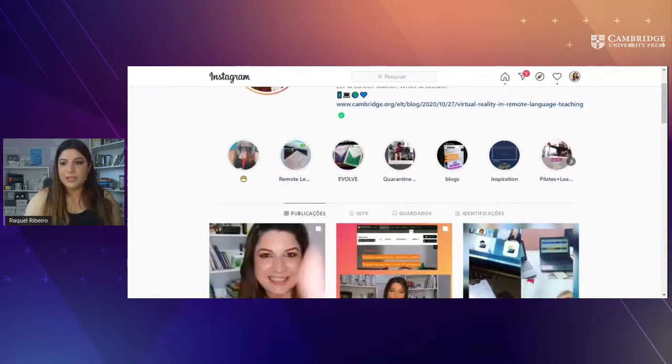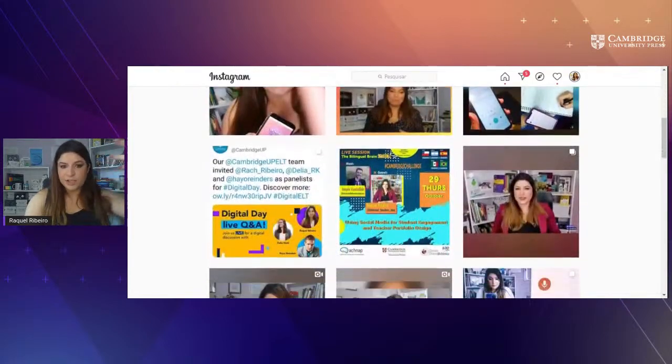But it's not only about that. So I share things that I do in class. But look, it's not about the number of tools that we use. It's about how we use those tools in terms of the purpose and in terms of how much this is going to involve students actively in the process. Having said that, let's proceed with the presentation.